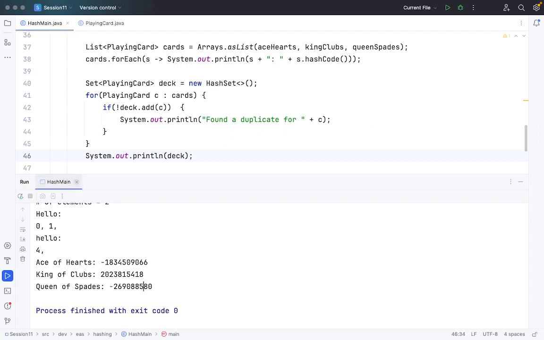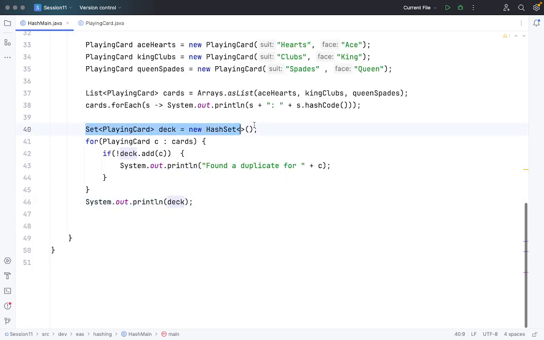Okay, so what I have done is created a hash set. In that hash set, I want to add each element of the array list of cards one by one. While doing this, I will check whether the card is already present when adding it. If it is present, I will just print out that I found a duplicate. So if I just run this,